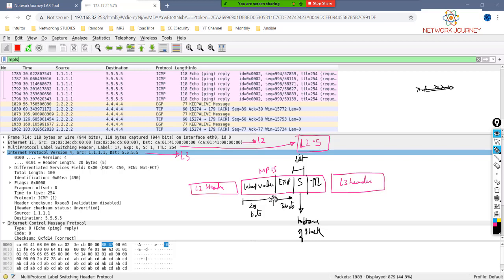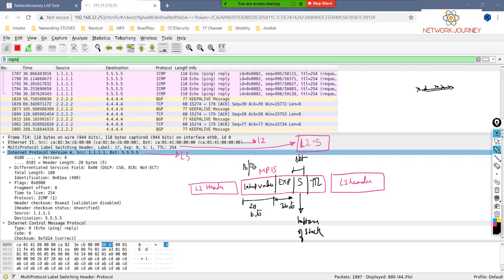The first thing is the label value, which you're aware is gonna add the label of 16, 17 and 18 and so on. Okay. EXP stands for experimental bit. For example, in the case of QoS, you need some IP precedence values on the header, right? So for such kind of traffic, we will have the experimental bit. This is called S. S is nothing but bottom of stack,